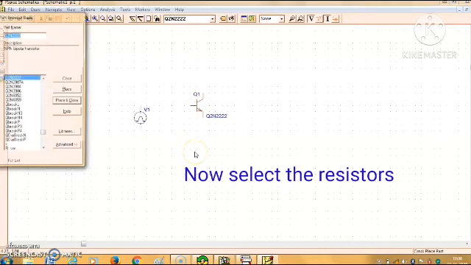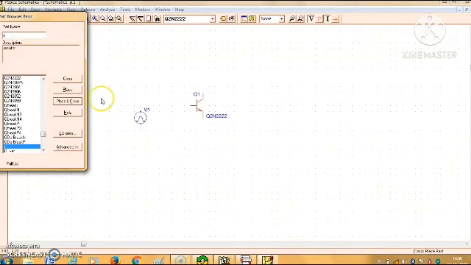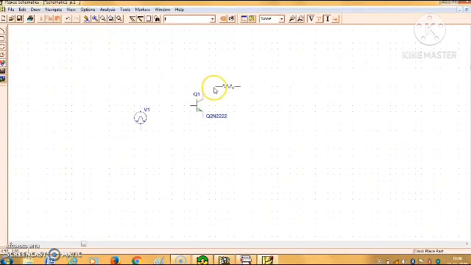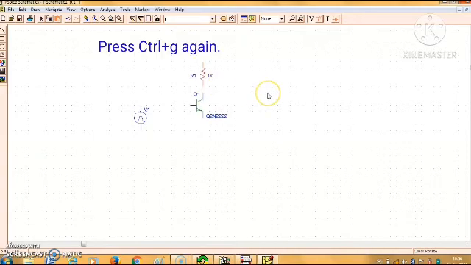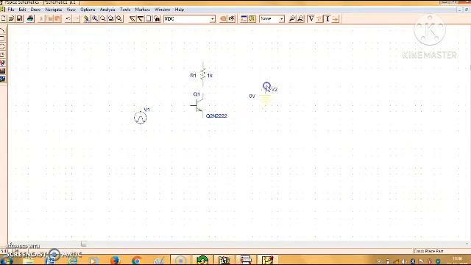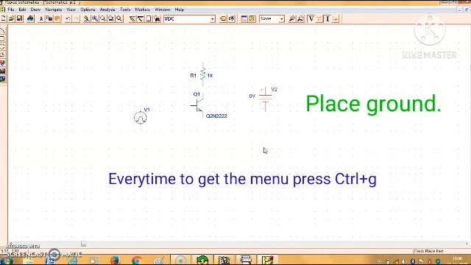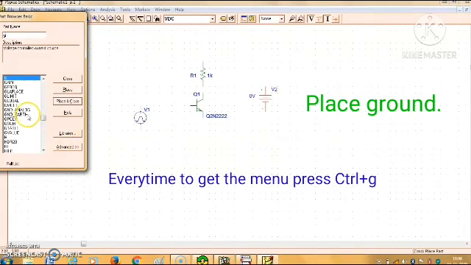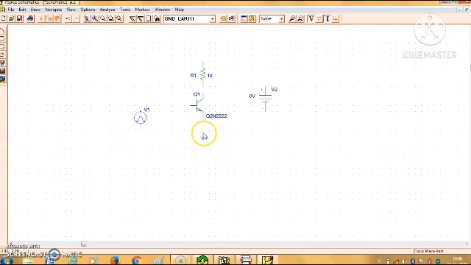Now let us select the resistors by again pressing Ctrl G. Just press R and you will get it on your workspace. Follow all the steps properly. All the components are placed.